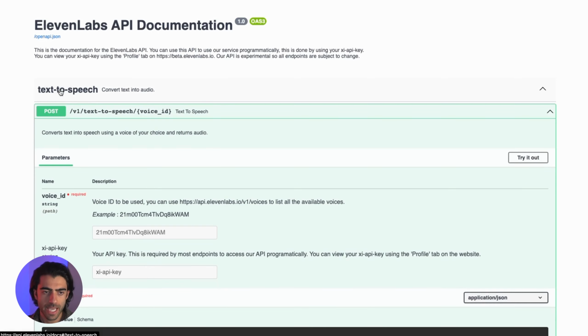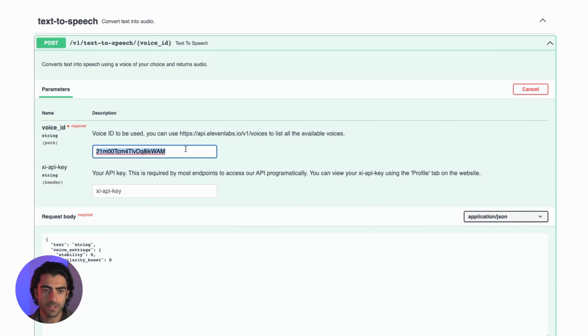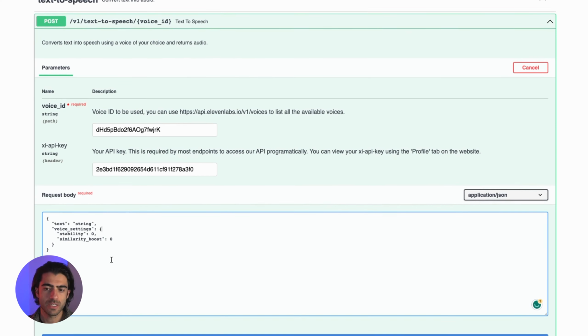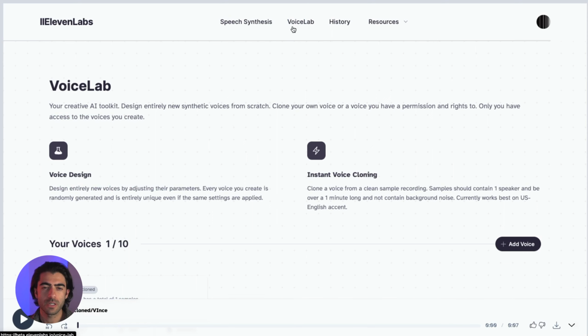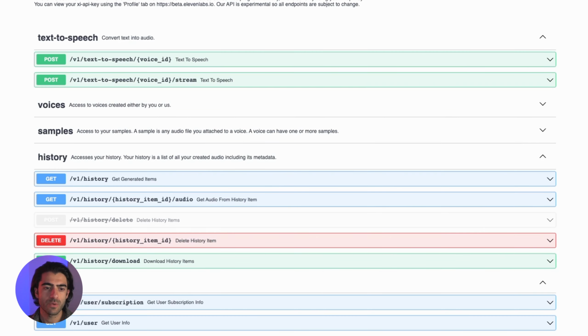So now when we go to the text to speech, let's try it out. Here I want actually my specific voice. I want to re-add the API key here. And now I can go into the call of this API. Here's what is interesting. You have text, voice settings, stability, similarity boost. So if we go back to the actual speech synthesis where we had clone Vince, I said 44%, so 0.45, and then this was 1, the clarity. So if I go back to the API,